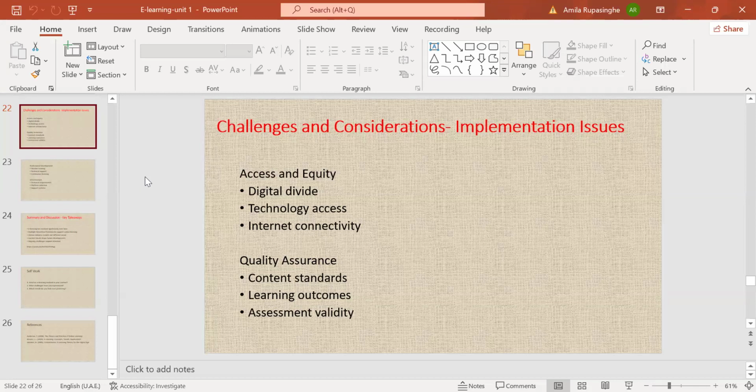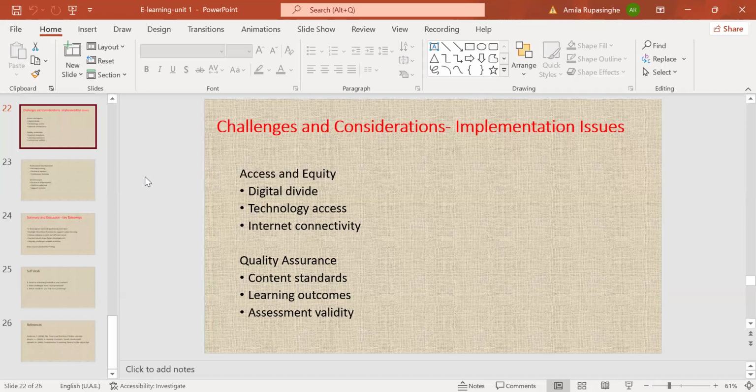We don't have equal access, equal facilities, equal internet facilities or signal or devices for everyone. Therefore, we are divided digitally. We use the word digital divide, right? So, under access and equity, we can explain digital divide.